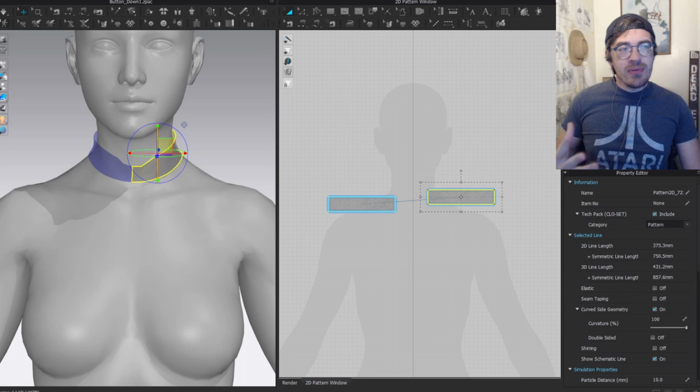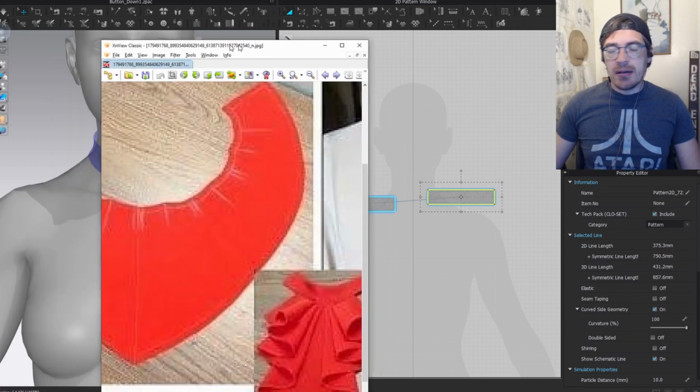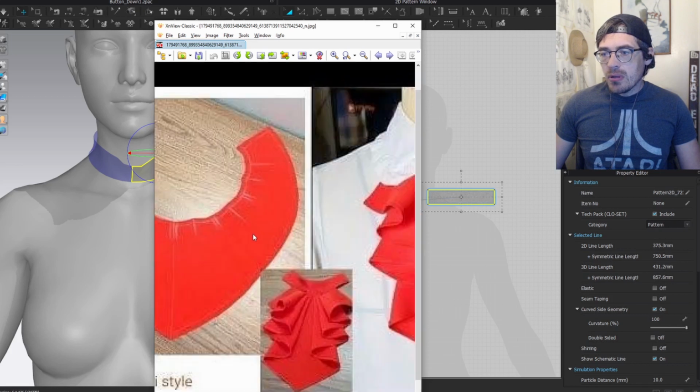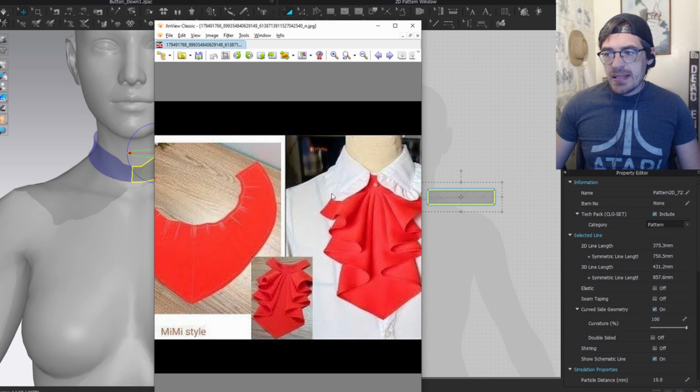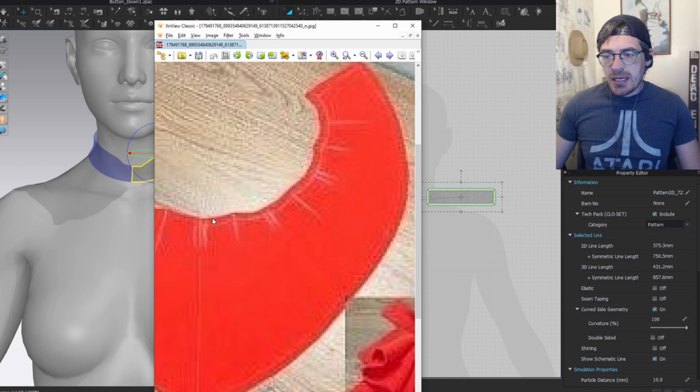All right. Now that we've got everything set up, let's go ahead and look at our pattern again. When we look at the pattern here, I'm going to completely ignore this shape over here. That's really not important. What you want to focus on is this shape here, this diamond kind of triangle shape of the actual bow. And the reason you want to focus on this and not this pattern piece here is that this pattern piece, these little angles and pleats,